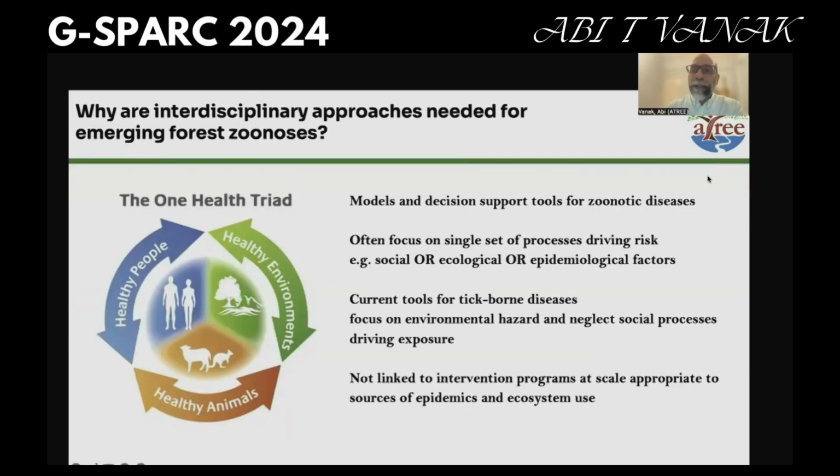So why are all these methods necessary? This is because most models and decision support tools for zoonotic diseases tend to focus on only a single set of processes that drive risk. For example, they could be only social, only behavioral, or only ecological or epidemiological. Instead, if we bring these three together, we are able to better focus on environmental hazards and incorporate social processes that drive exposure. By using this OneHealth system, we can also link the intervention programs to scales that are appropriate to the sources of epidemics,